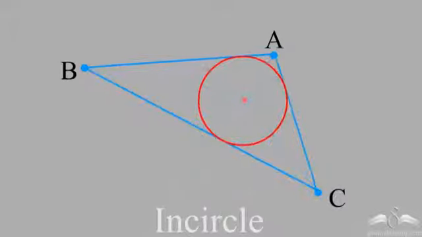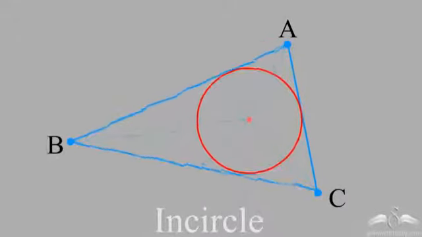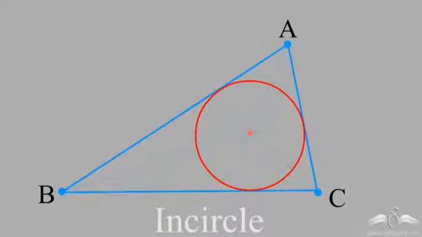So this is what we've seen, that the angle bisectors of the three angles give me a point which is the incenter. With this incenter, you can actually make an incircle which would just touch the sides of the triangle, and this incircle is actually the largest circle that you can draw inside a triangle.